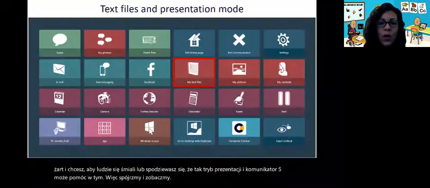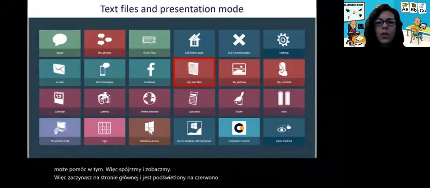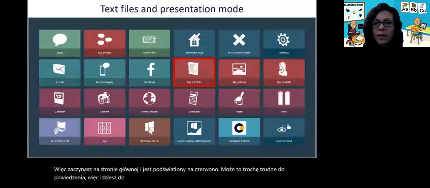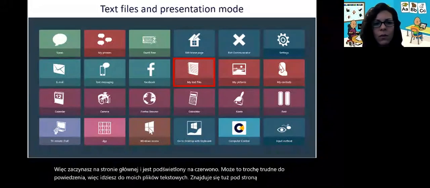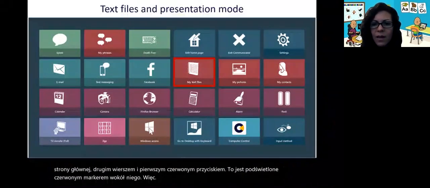So you start on the home page and it's highlighted in red, and maybe it's a little hard to tell. So you go to My Text Files. It's just underneath the Edit Homepage button. It's the second row and the first red button that's highlighted with a red marker around it. So then you would select My Text Files,